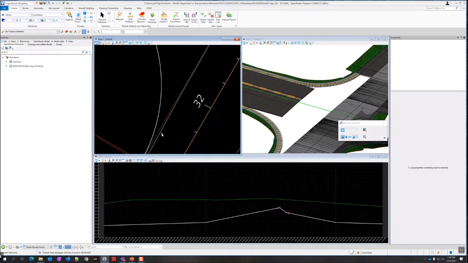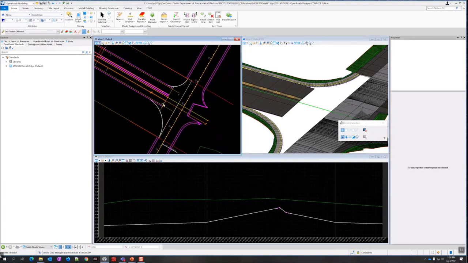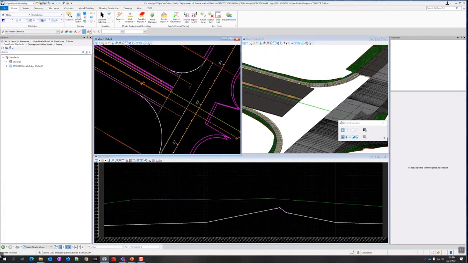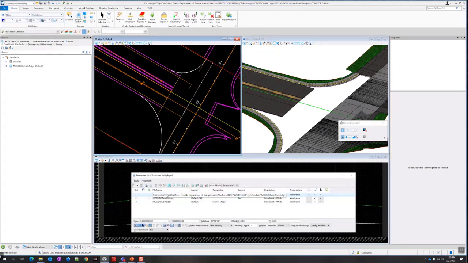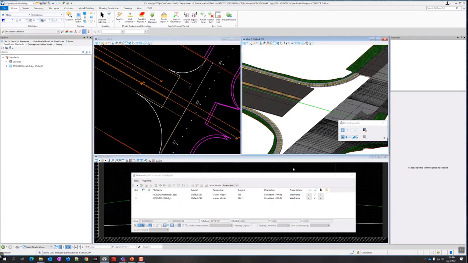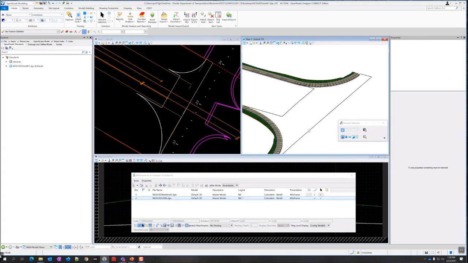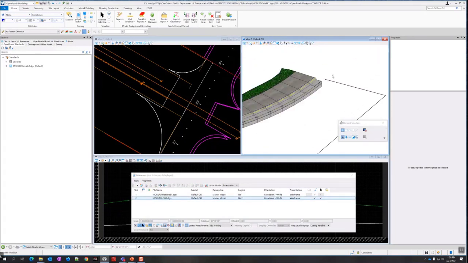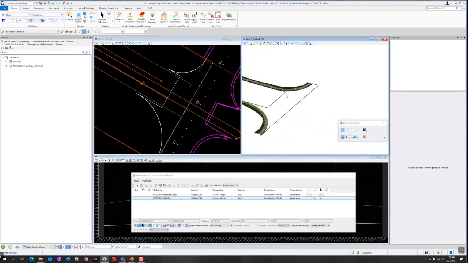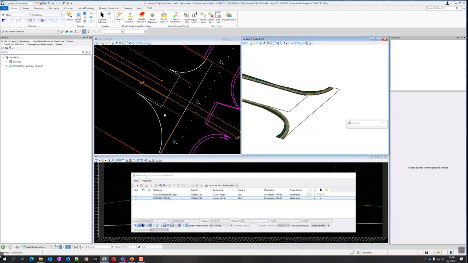I just need to be able to select this line. So actually I don't need that display, but I could turn off the model display too. So I'll just do that real quick. So I'll go to attach here and uncheck the mainline 61. I'm going to do it in the 3D too, so you can see this line that I built, so you can see that it's there. Go ahead and uncheck the US 98 in 3D. So you can see all the lines that we built. They're right there. So these are what we're going to use to build the surface.